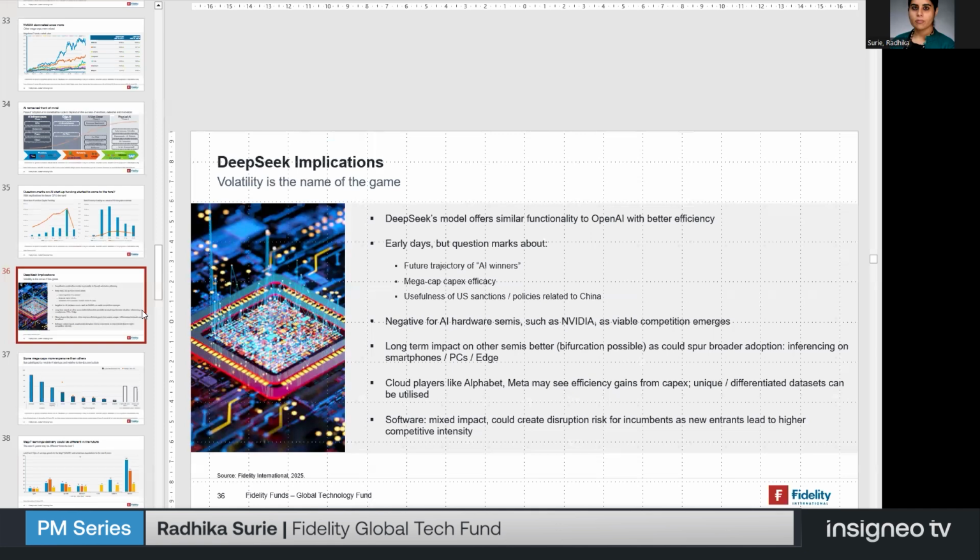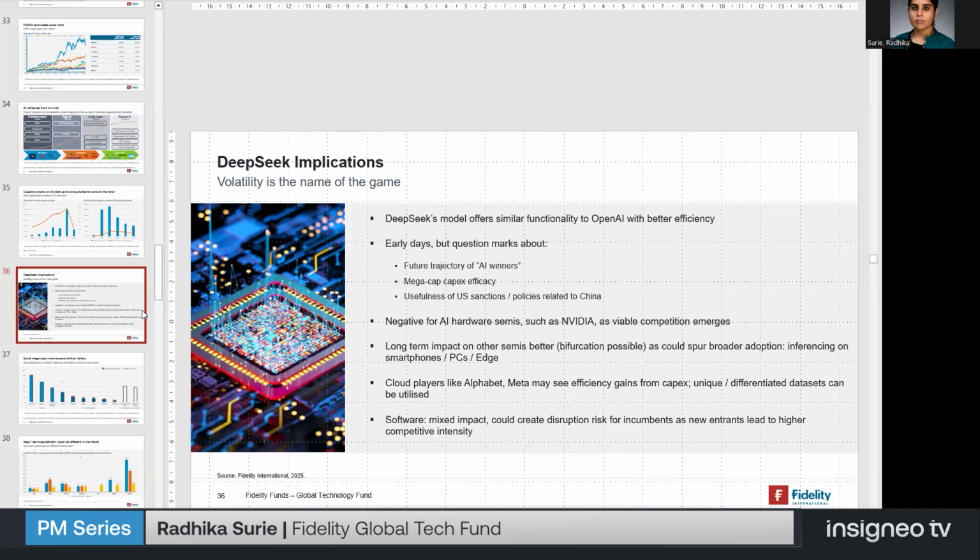But equally, we believe that this is not a one-shot game. We're likely to see growth diversify across the value chain. So while the market has been fixated on the AI hardware space, we do believe that more of the software and services part of the value chain will benefit going forward because they're able to deploy the technologies at lower cost and higher degrees of effectiveness as this process progresses over time.